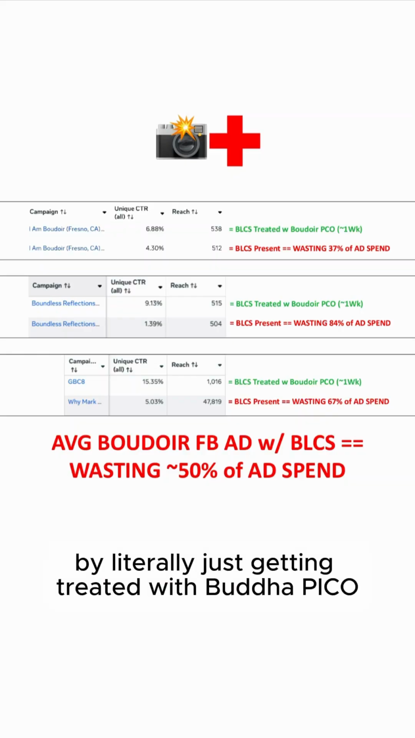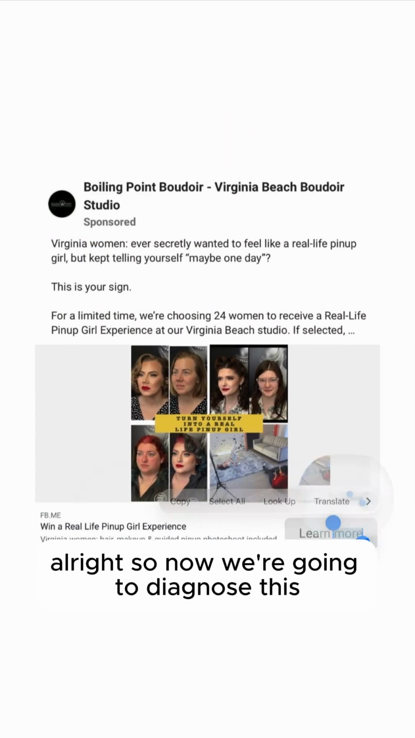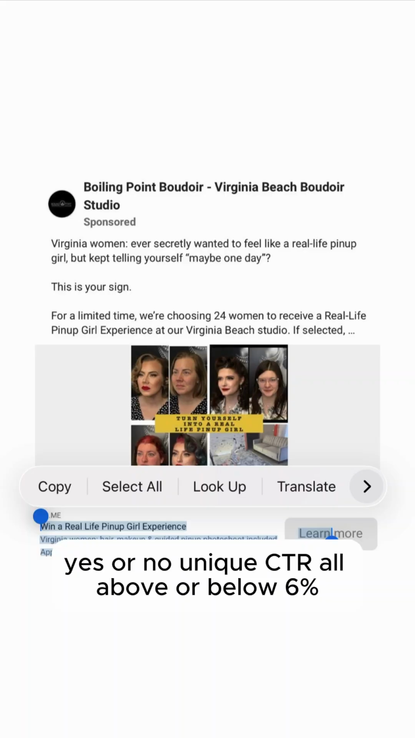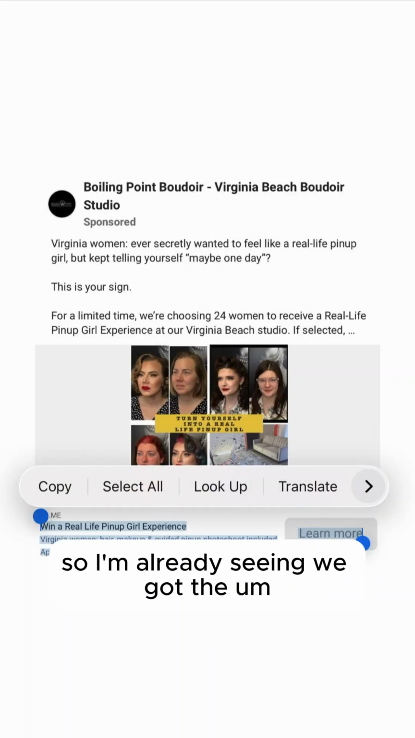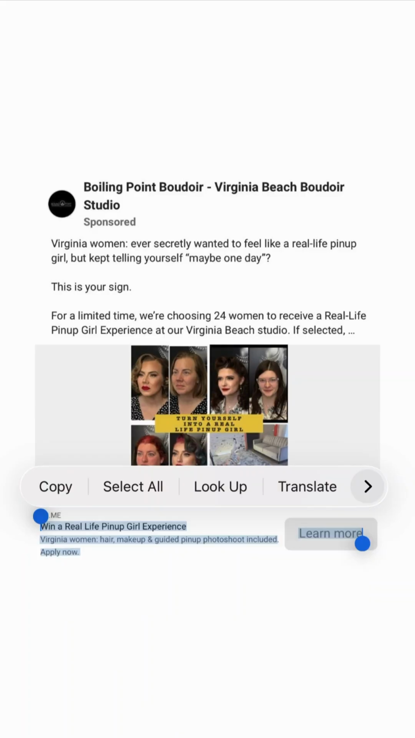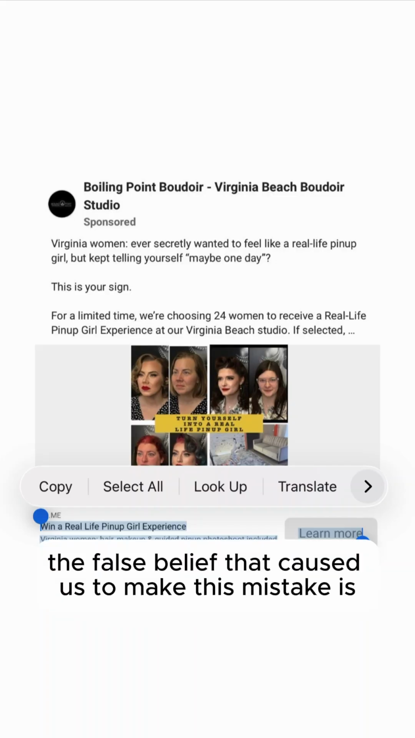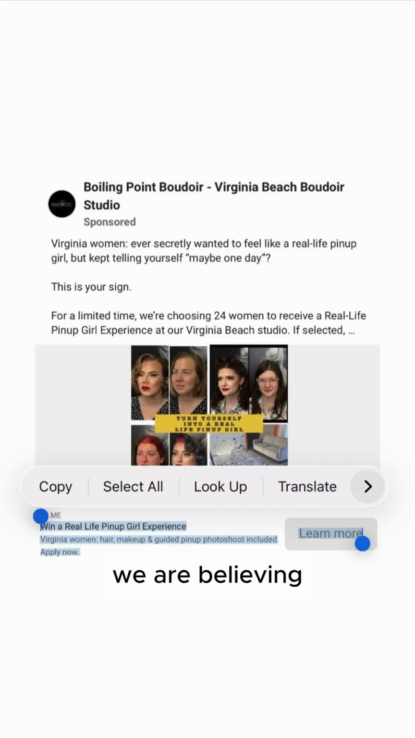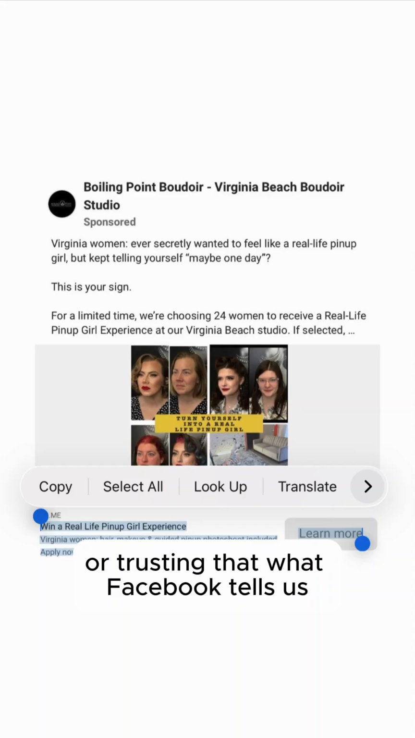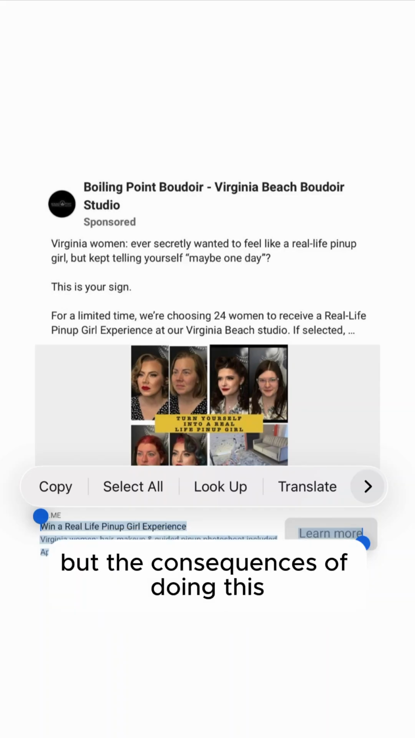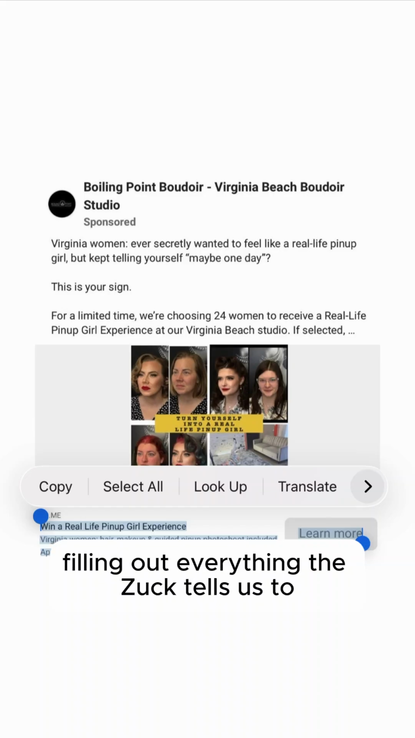Now we're going to diagnose this and see if we believe it has BLCS, Boudoir low click syndrome, yes or no. Unique CTR above or below 6%. So I'm already seeing we got the below creative cluster mistake. The false belief that caused us to make this mistake is we are believing or trusting that what Facebook tells us we should fill out when creating our ad is actually best for us instead of best for Facebook. But the consequence of doing this, filling out everything the Zuck tells us to,